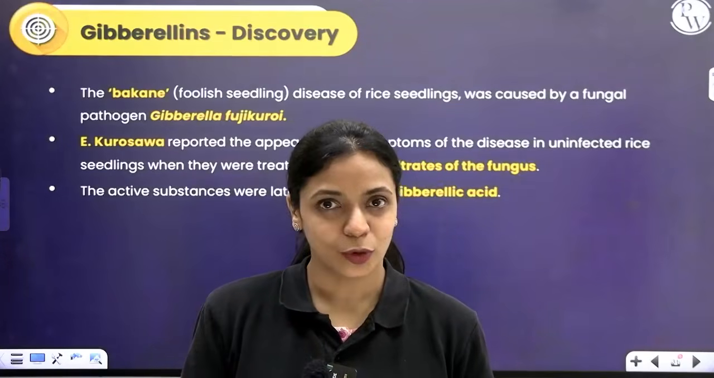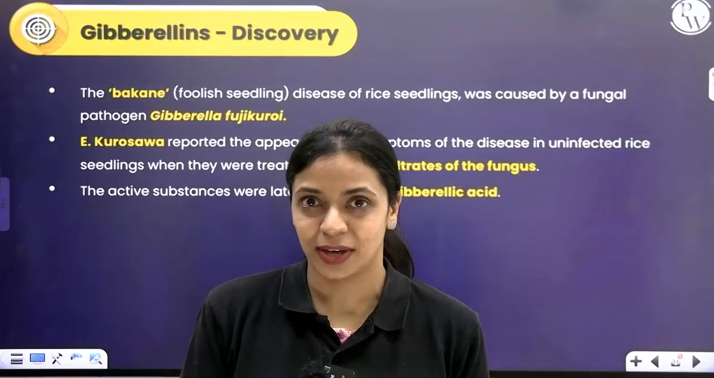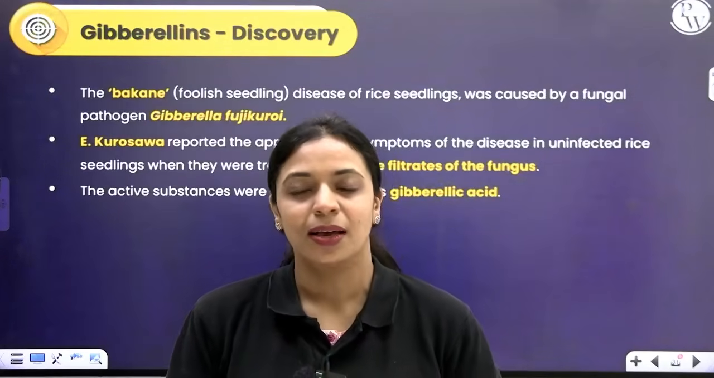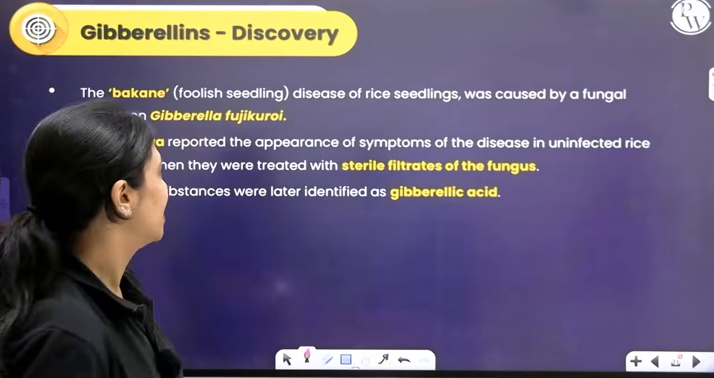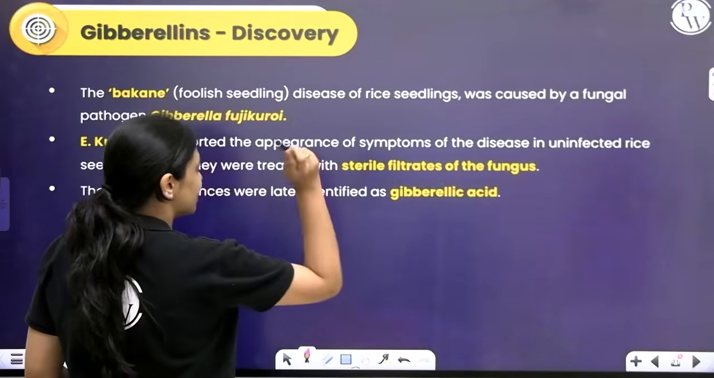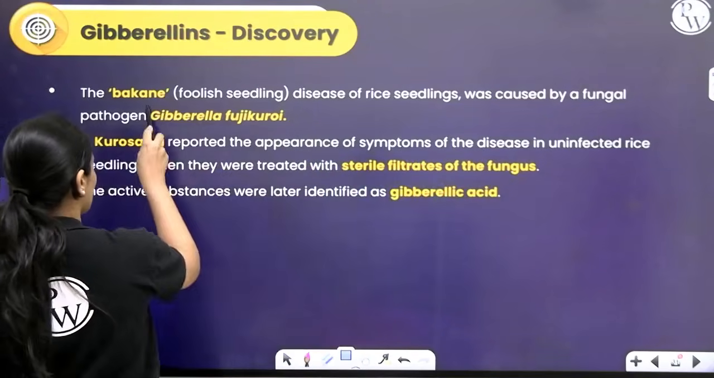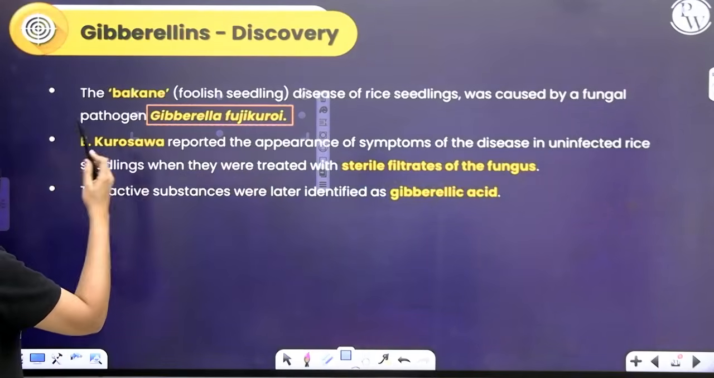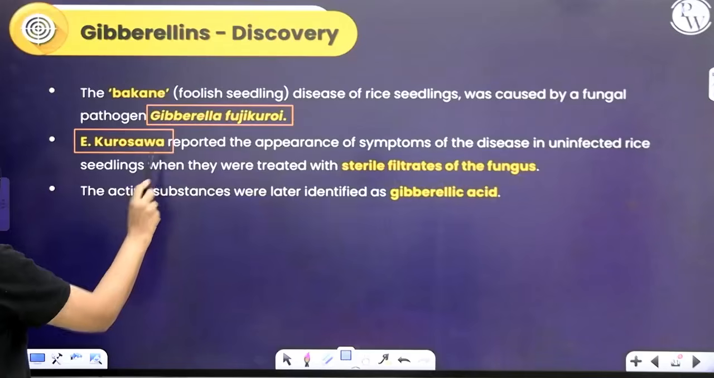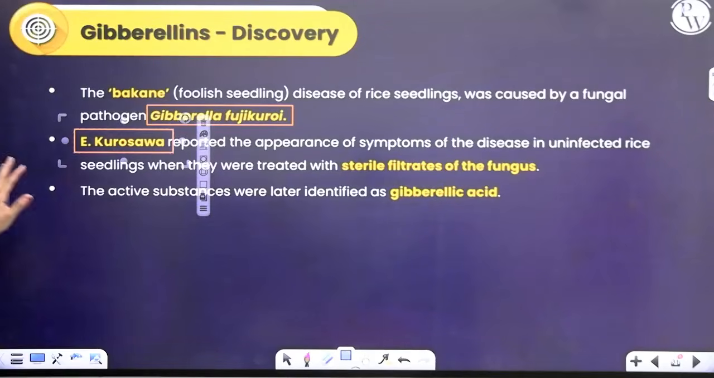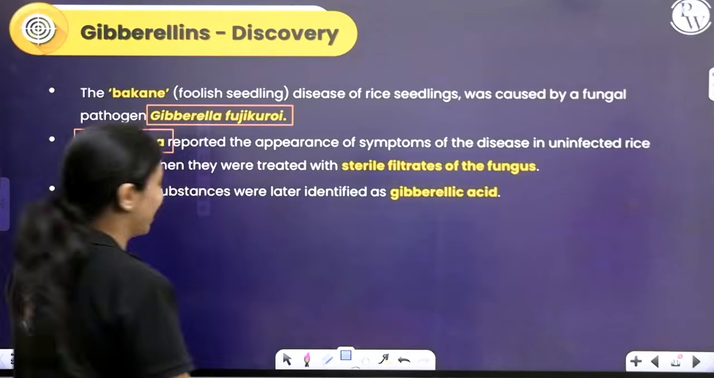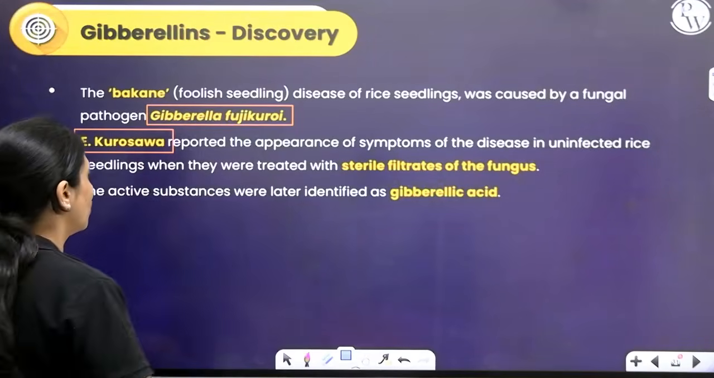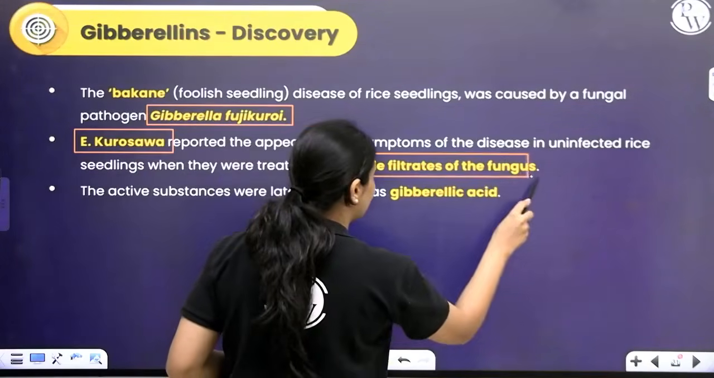It was acting like a fool because it was just growing so tall it cannot bear its own weight and it would fall off. So they were studying what is causing this Bakane disease in rice. Now apparently this disease was caused by a fungus called Gibberella fujikuroi. One Japanese researcher called Kurosawa reported that whenever healthy rice seedlings were treated with sterile filtrates of this fungus,